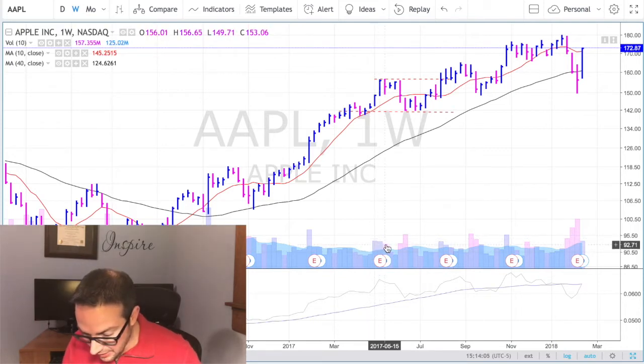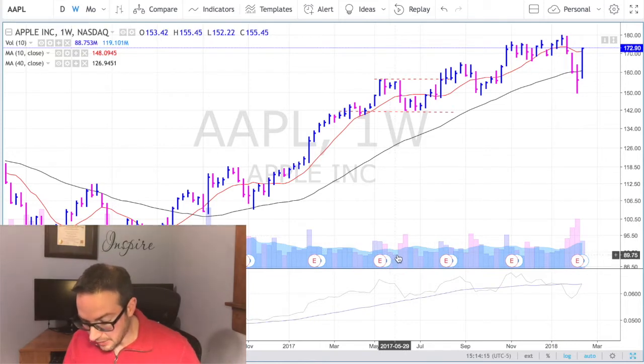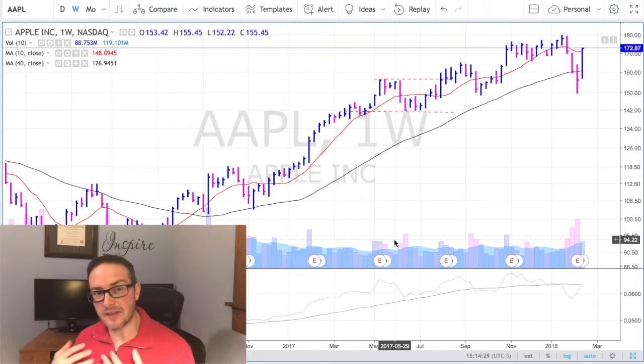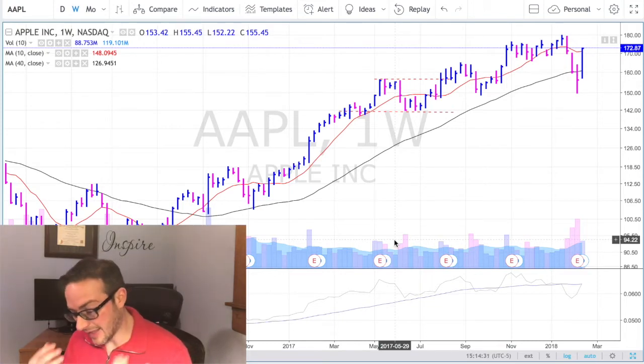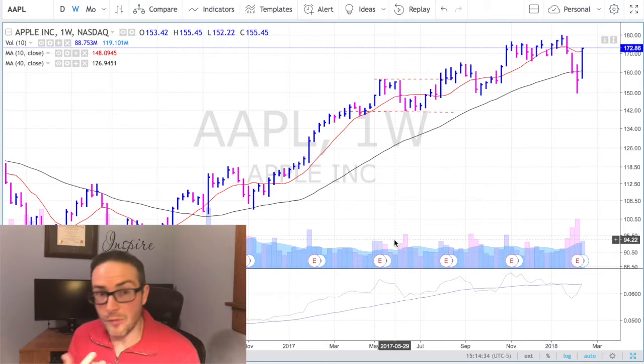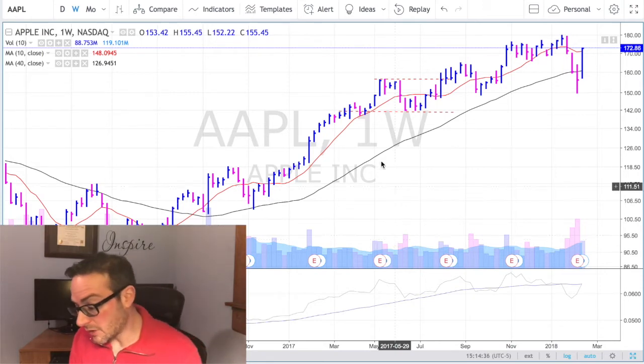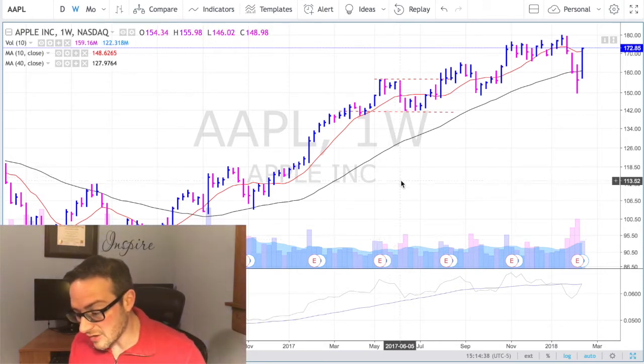Then the next week, it closes in towards the middle of the range. Volume is a little bit lower. Then volume is still drying up all the way over here. Then this is our first down week, right? And so because volume is higher than the week immediately before it, you could say that this is a distribution week. There's obviously more sellers coming in than buyers, but when you look at the price action, you could see